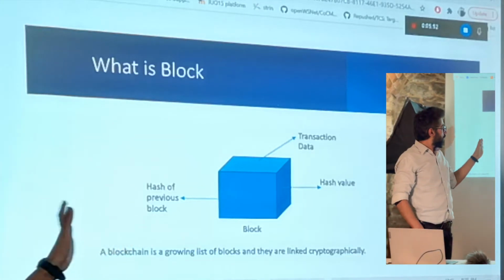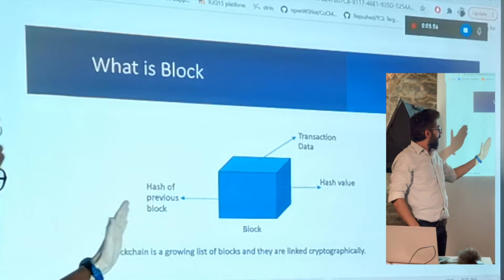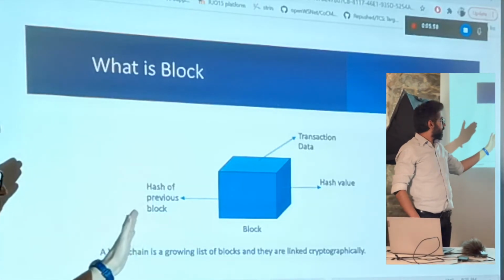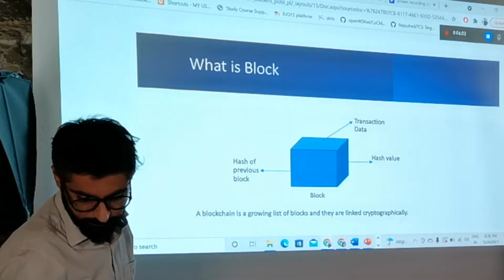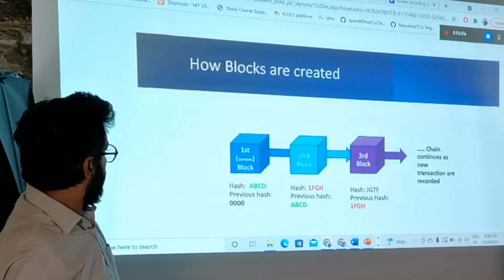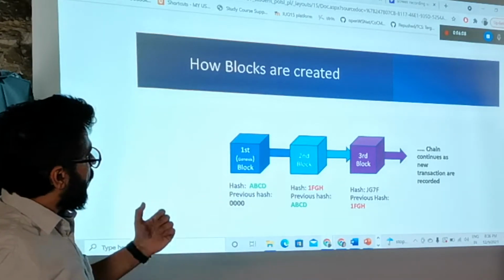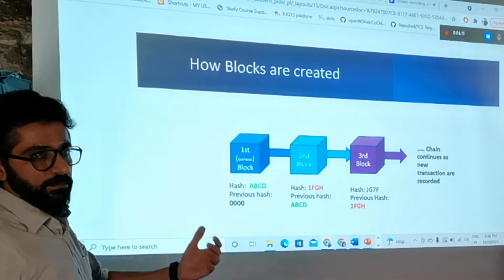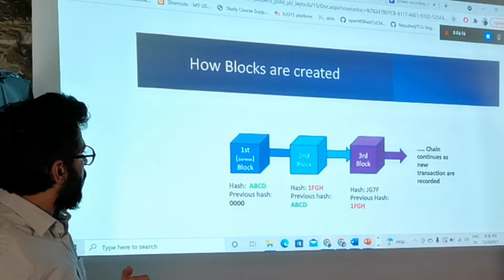So it will be a series of blocks. As many transactions occur, this chain will grow, and this will become the blockchain.